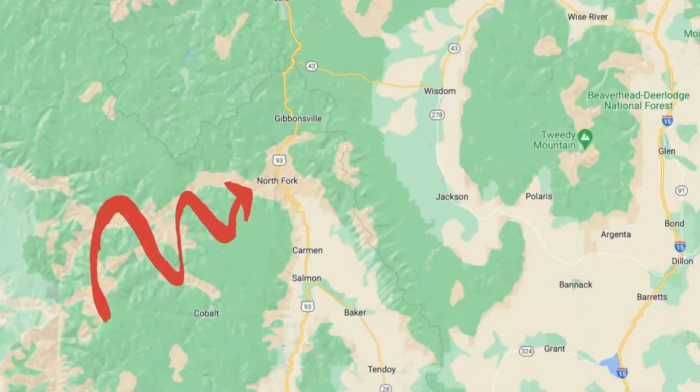Now we are at Water's Edge RV Park, and that's in North Fork, Idaho. Dan, where is North Fork, Idaho, and what do you do here? North Fork, Idaho is located about 20 miles north of Salmon, Idaho, and about 50 miles south of Hamilton, Montana